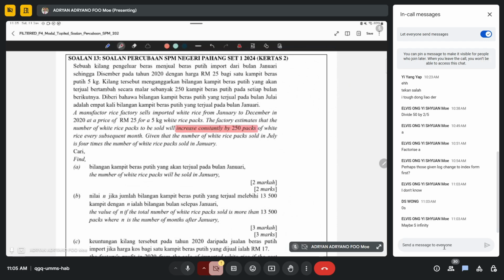Okay, 250 packs. So this one is your difference. This is not your ratio. 因为它讲 increase constantly. 就是它一直加250，加250，加250。